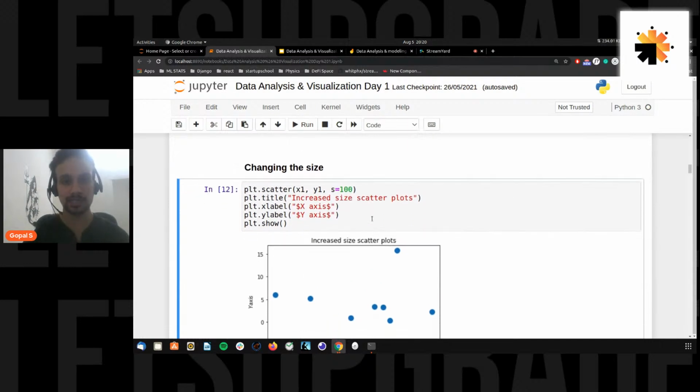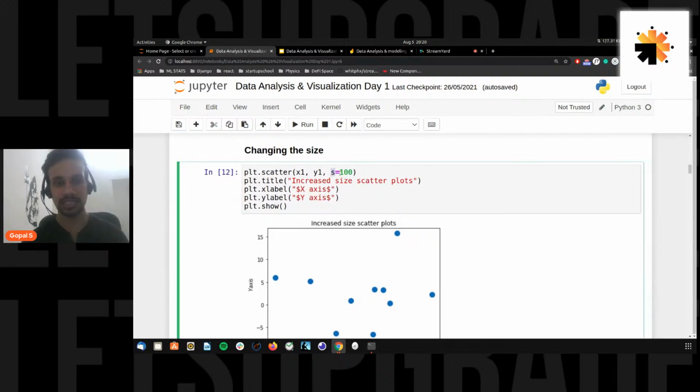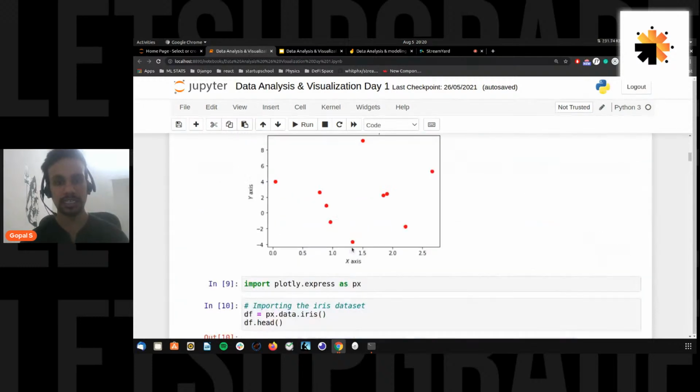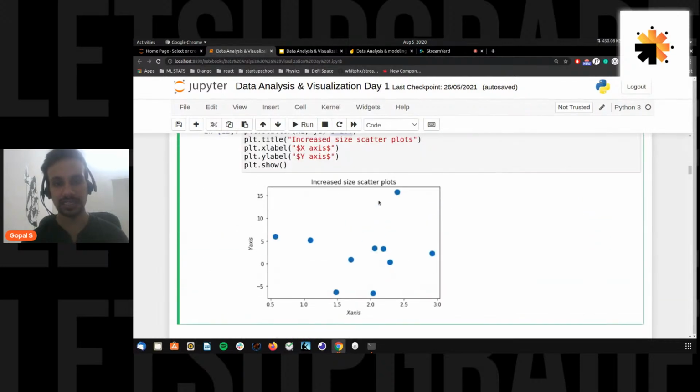Okay, so let's see that in action as well. The moment you pass s is equal to 100, initially you had these, so we now have an increased size of these. So yeah,